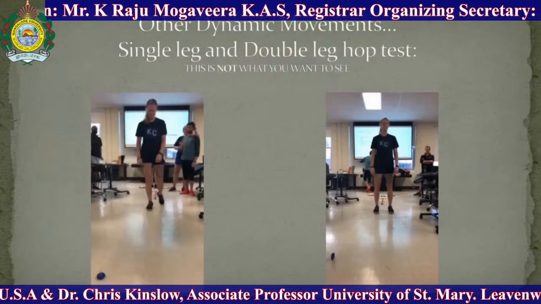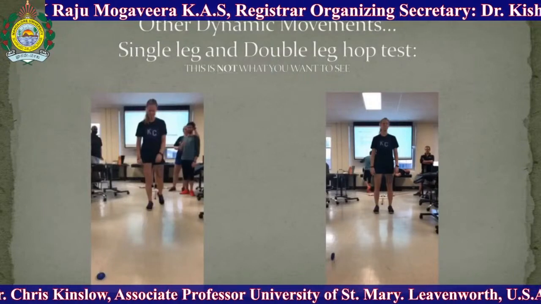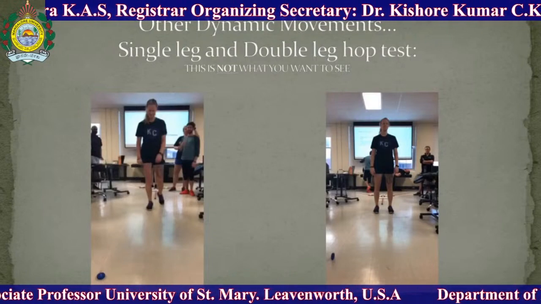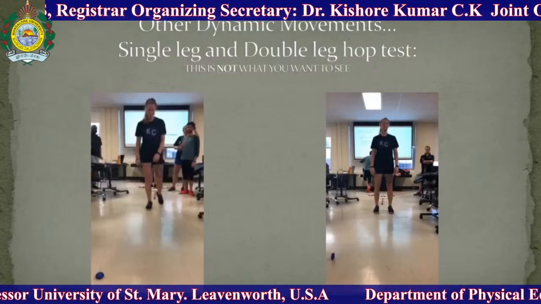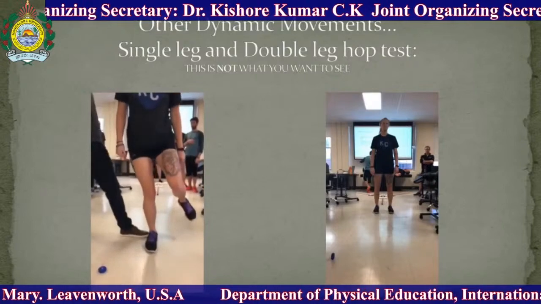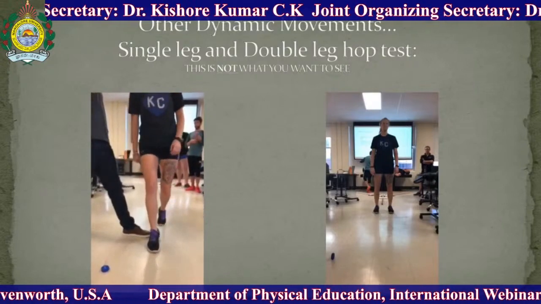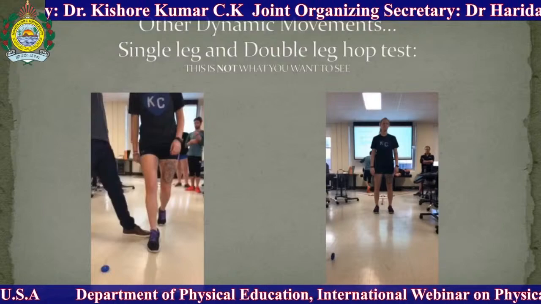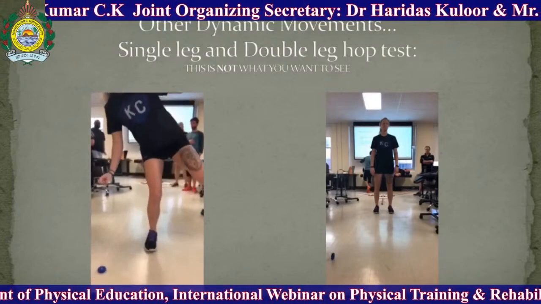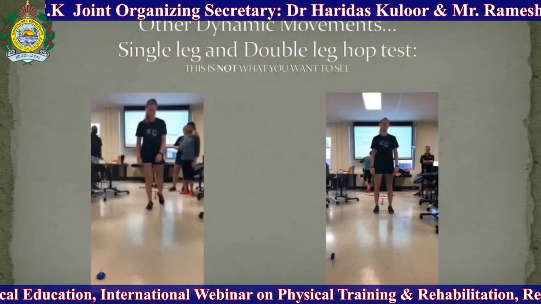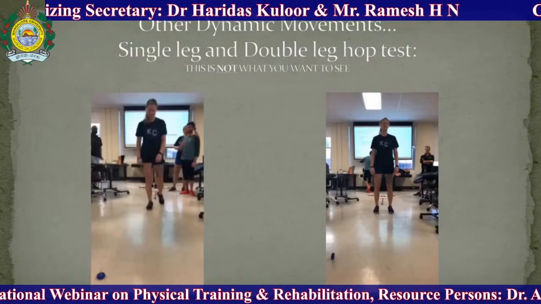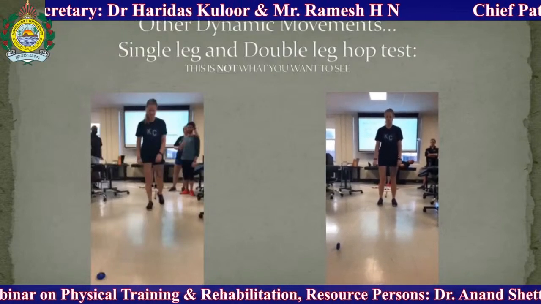These particular videos show some single leg and double leg hop tests that have quite a few errors in them. As you look at this, you'll see this young lady land and her trunk becomes very deviated, her knee deviates off to the sides and caves inwardly. So her trunk shifts and her knee is really all over the place, and this particular female had an ACL tear in her past history. Now she's doing a